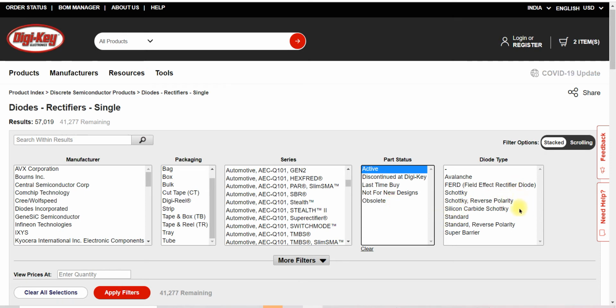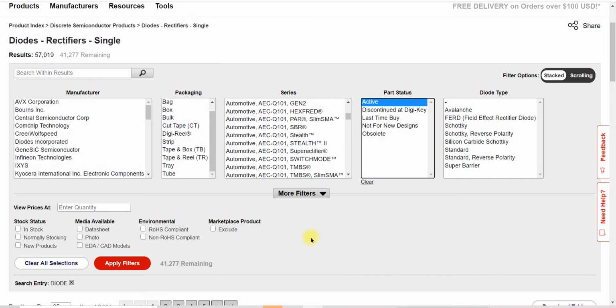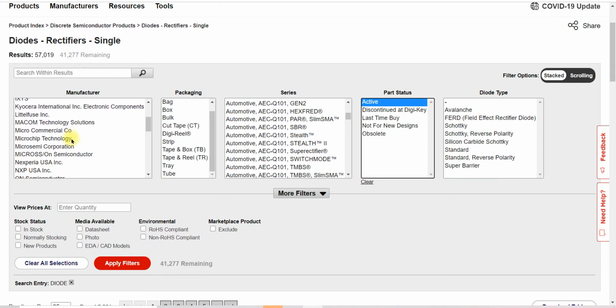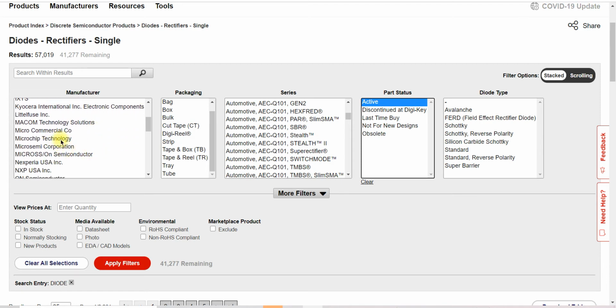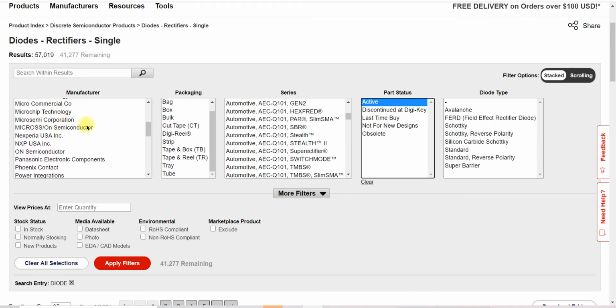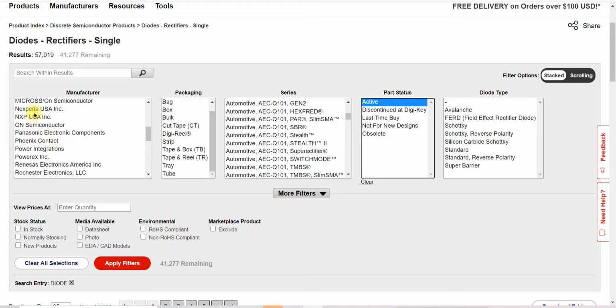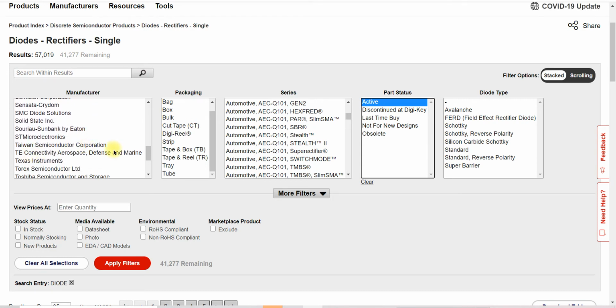Here you can select the diode type, like rectifier diode or Schottky diode. In diodes, the mostly known manufacturers are Diodes Incorporated, Microchip, ON Semiconductor, Nexperia, and TI is also very famous.